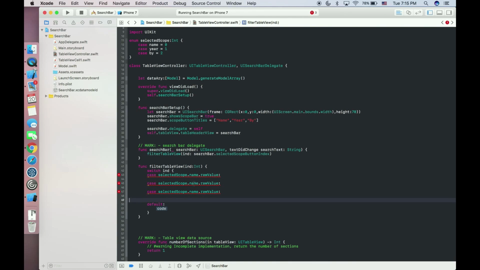Okay, and the second one is year. Third one is by. This case means it shows more clearly which case you are at. This one means you're selecting name as the filter target. So what we are going to do is filter